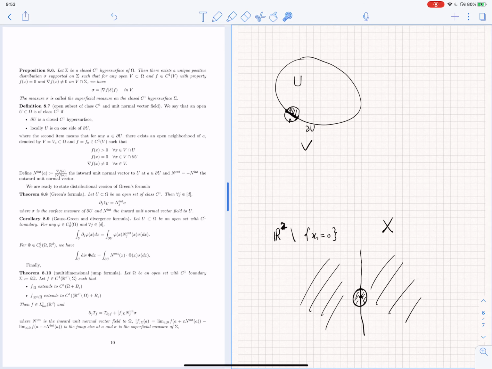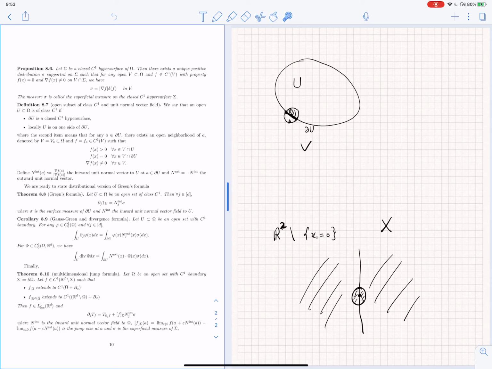Okay, so mathematically this actually means that for any A on the boundary, we can find an open neighborhood of A denoted by V, and we can find a function f in C1(V), such that this function takes the value